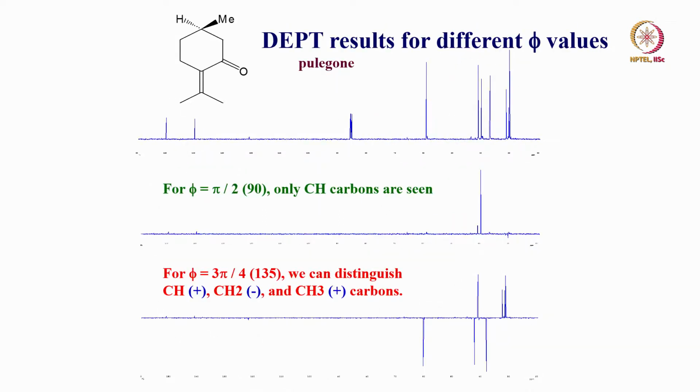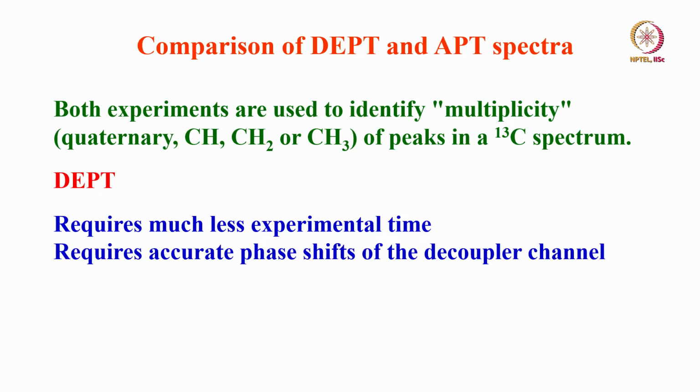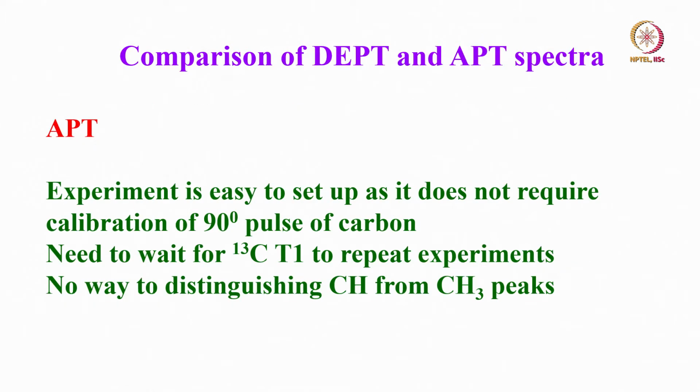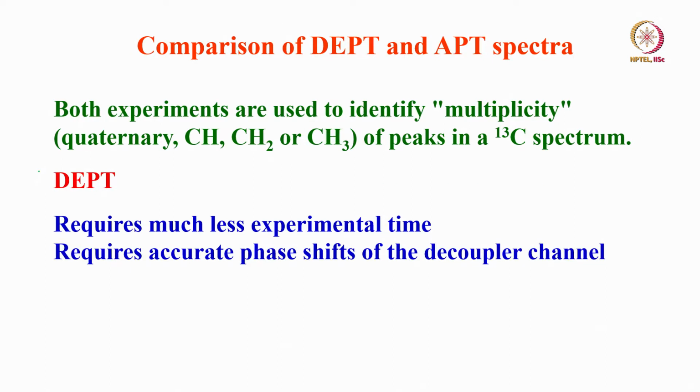So, this is what is called pulse editing sequences. Of course, now you can multiply and subtract the different spectra you obtain for DEPT 45, 90 and 135, and then combine the data accordingly. Then you can get only CH peaks, only CH3 peaks, and only CH2 peaks. All of it is possible to obtain. Anyway, APT I have not discussed, there is no need to worry about these things, but I just want to tell you that both the DEPT and APT experiments are used to identify the multiplicity. Nowadays nobody uses APT, do not worry, we only use the DEPT experiment to identify different carbons.